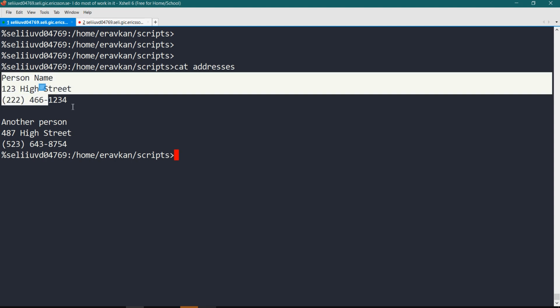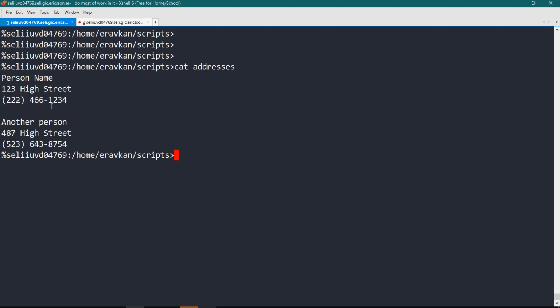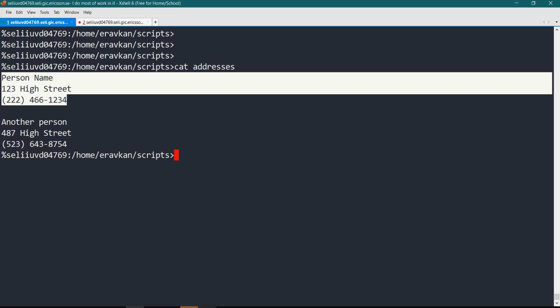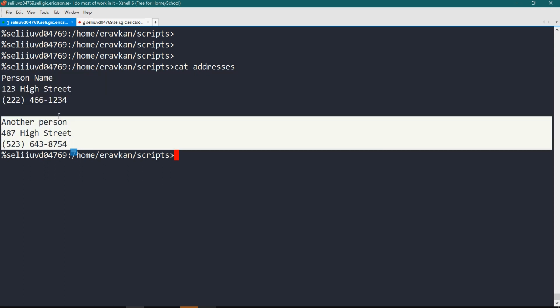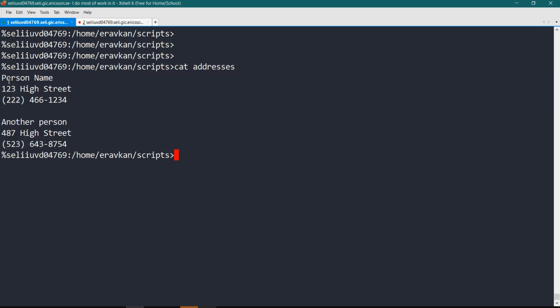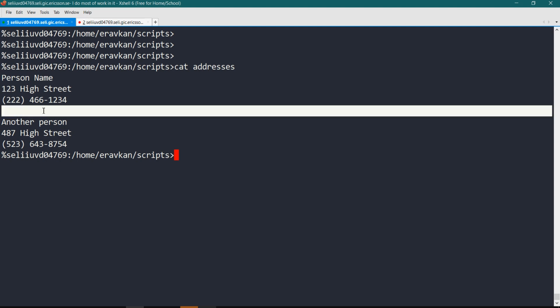This is my record 1. So these records are not properly organized in my file. So suppose this is my record 1, this is my record 2. So if you see here, field separator, this is first record, this is first field, this is second field, third field. So my fields are separated by new line. Fields are separated by new line, and this is first record and this is second record. The records are separated by an empty line.